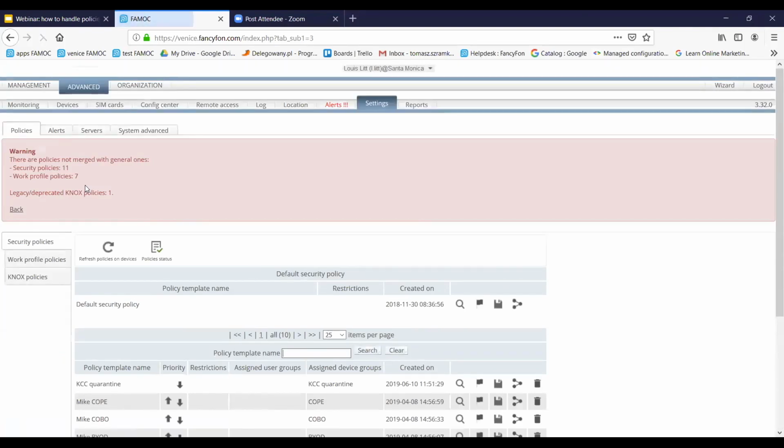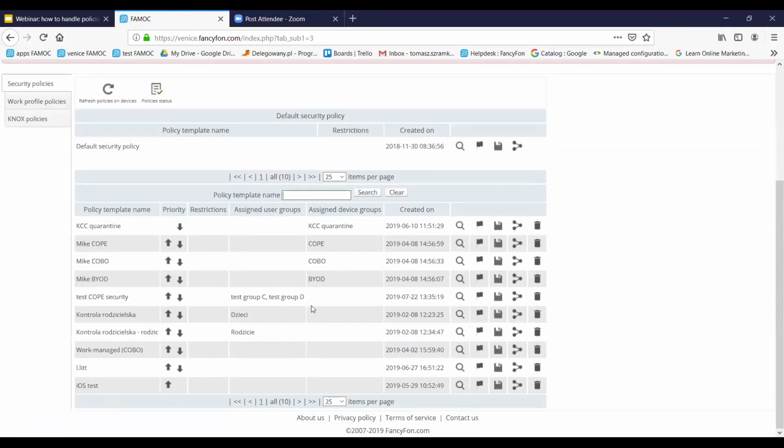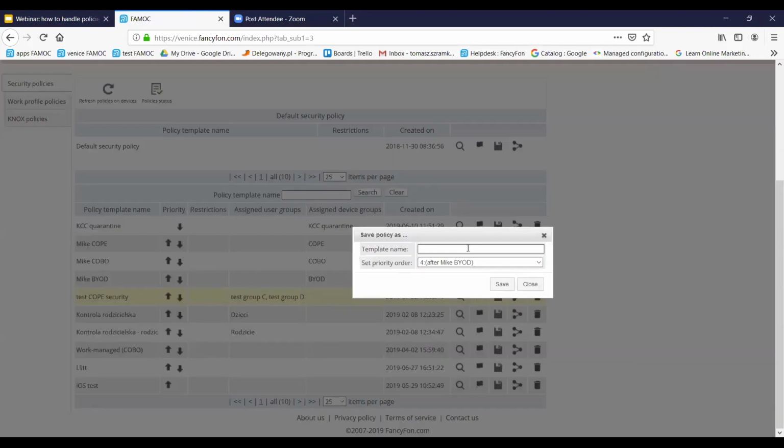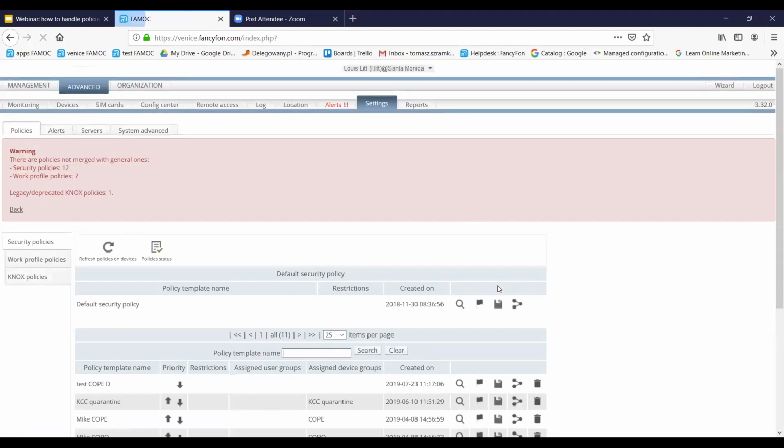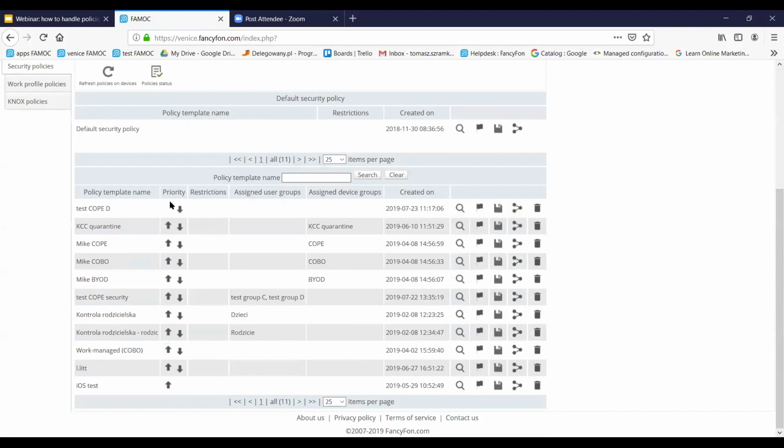I go to the Unmerged Policies tab. I find the policy template that I want to use and click Save As. I click Save As and name it Test COPE D, let's say. I have created the same template with the same settings,